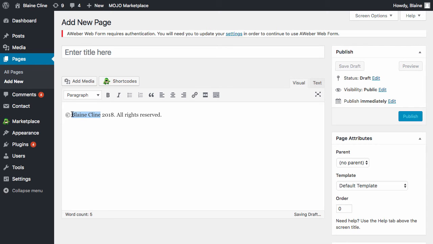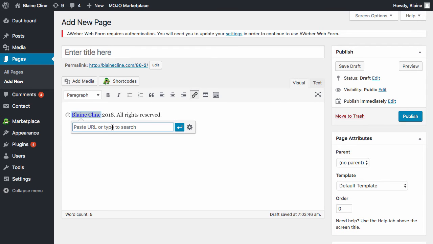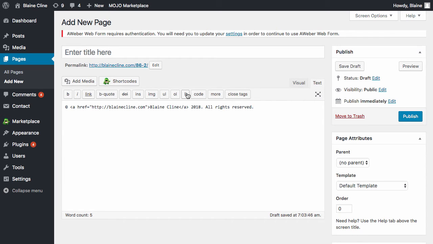So for example, I'm going to make this a hyperlink that will allow my visitors to go back to my home page. Next, we're going to click on the text tab. That's going to give us the newly formed footer with the coding that we're going to need in order to replace the original footer. So once we have that, go ahead and copy that,